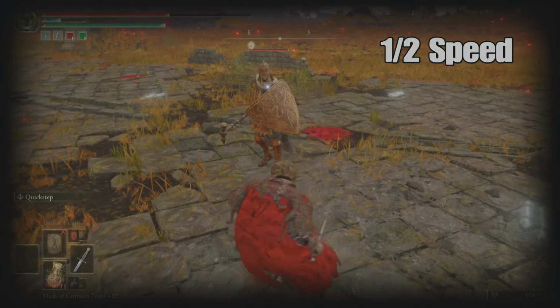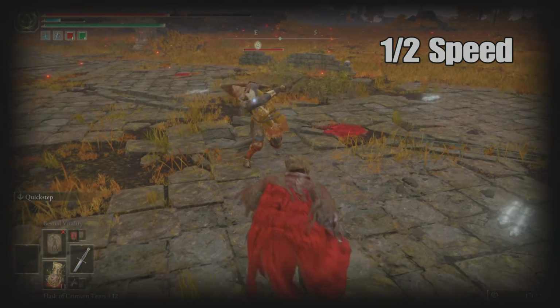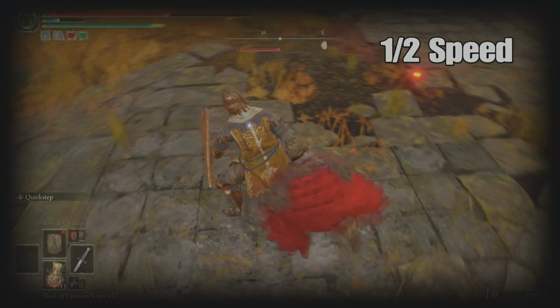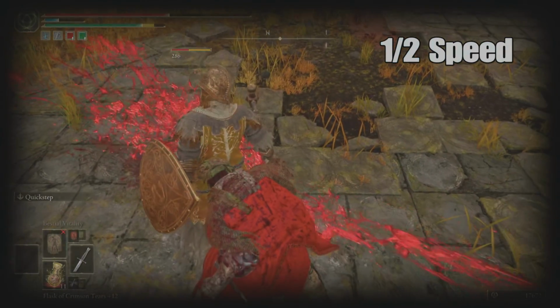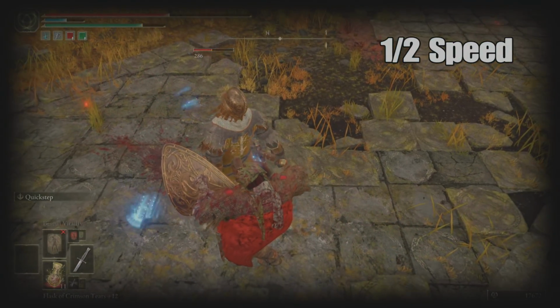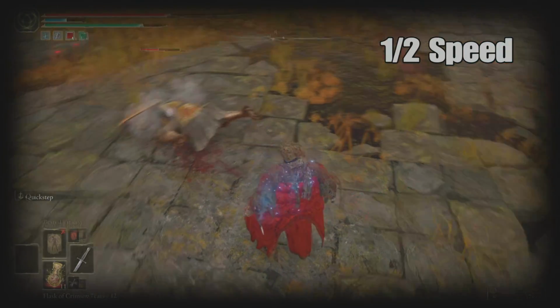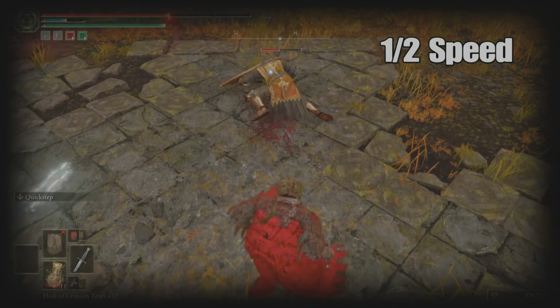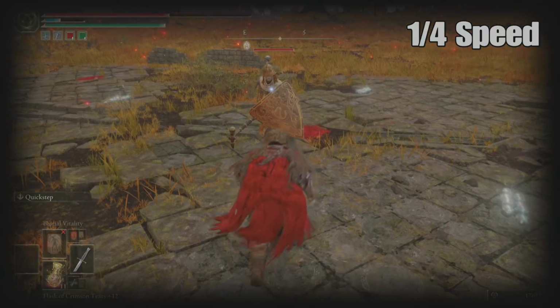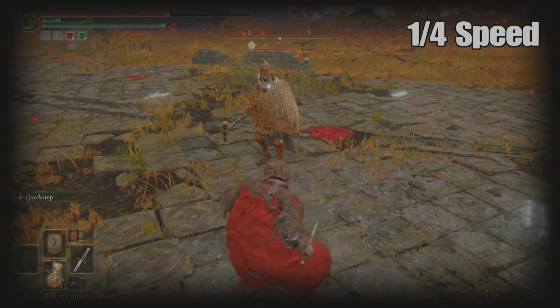First, we're going to look at the different inputs necessary to perform a Quickstep Backstab. This is going to be broken into 4 different parts, the first being unlocking from your opponent, then performing the Quickstep, then relocking onto your opponent, then performing the Backstab. And in just a moment on screen, you're going to see the different inputs aligned with the timing necessary to